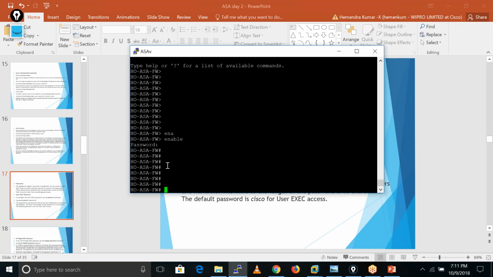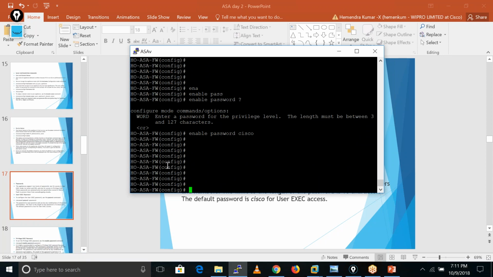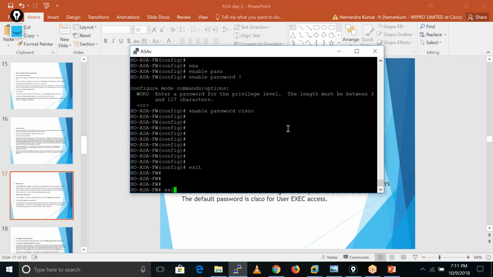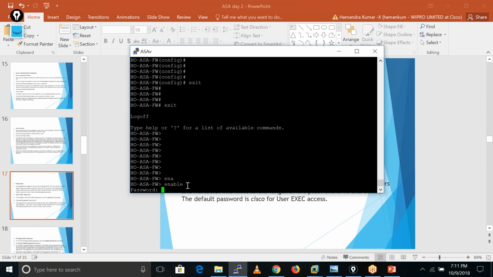Now how can we configure the password? We go into the configuration mode. That is where the command to configure the privilege mode password goes: enable password, and after that we can define the password. I'll give this one, fix it. So I have configured the password. If I exit and exit again, and enter enable now, it asks for a password.